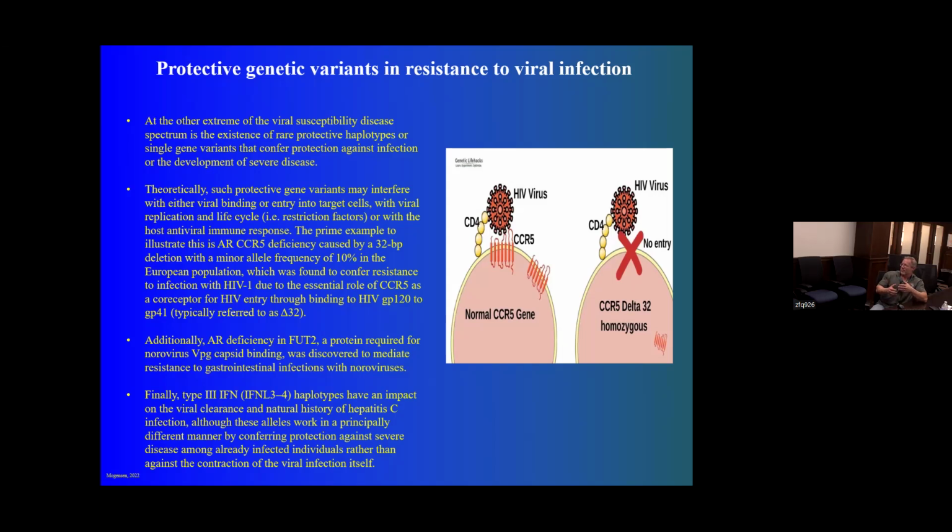And we think that this resistance primarily came because the size of the CCR5 molecule, as indicated on the cartoon, was altered. In an individual that has a normal CCR5 gene, the protein was big enough to allow HIV to stabilize along with CD4 and gain access to the cell. In individuals that have this delta 32 mutation, delta meaning different or deleted in this case, 32 meaning the base pair, they don't produce CCR5 that's functionally able to interact with the HIV virion. And so these individuals cannot get infected with HIV.